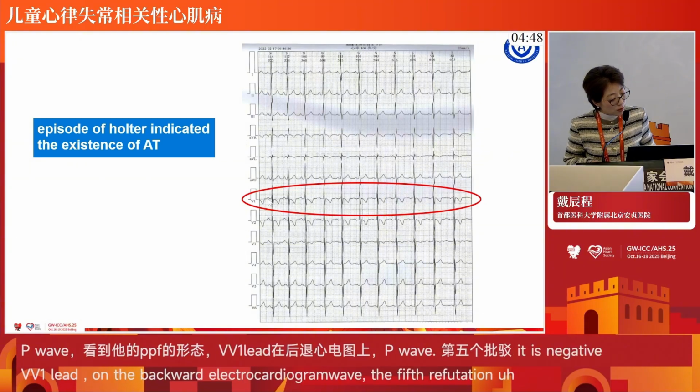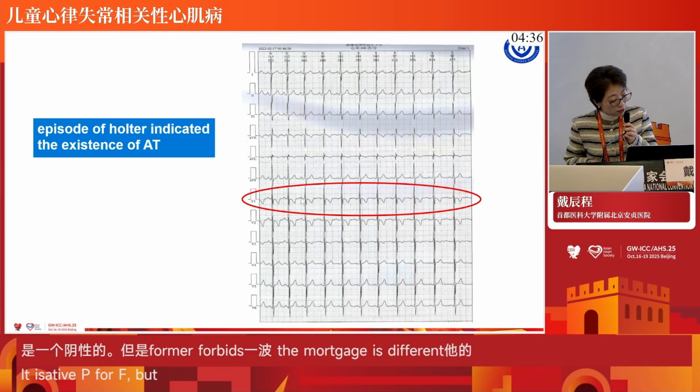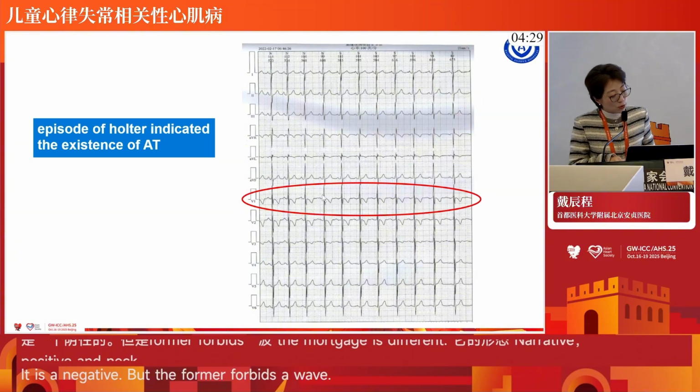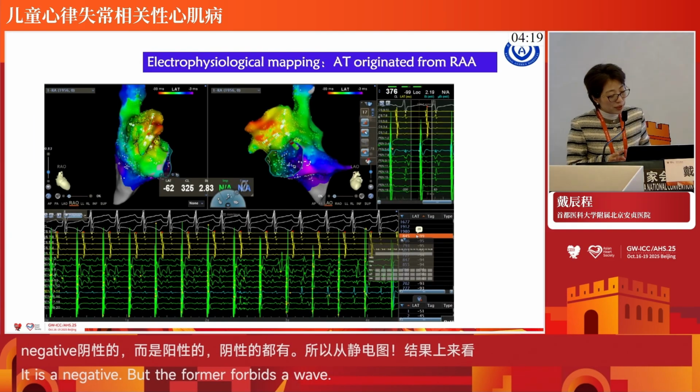However, the former 4 beats, the P wave morphology is different, positive and negative. So from this episode, we think maybe the patient has atrial tachycardia, and